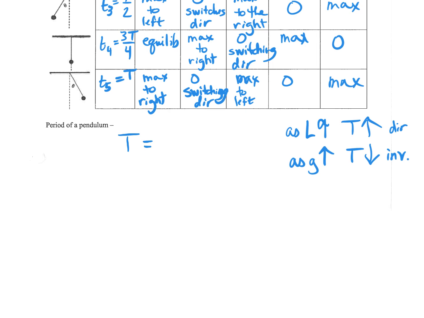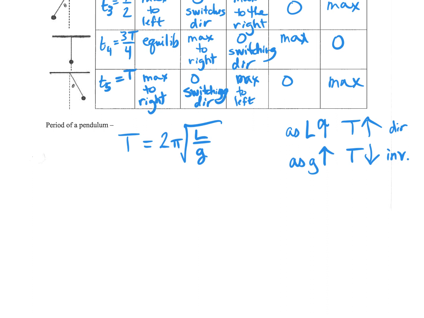And you'll see that 2 pi times the square root of L over G, that is the period of a pendulum here. Okay? So as the length of the string goes down, the period goes down, doesn't it? Here we go. Shorter period,